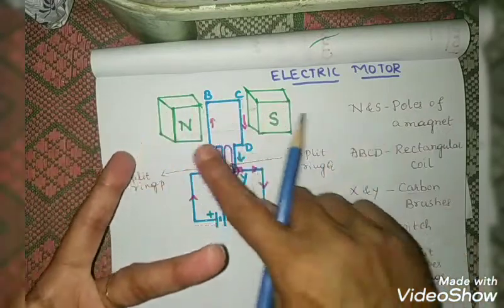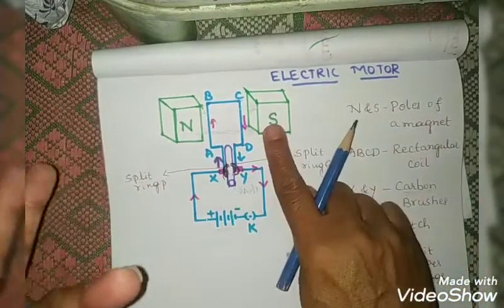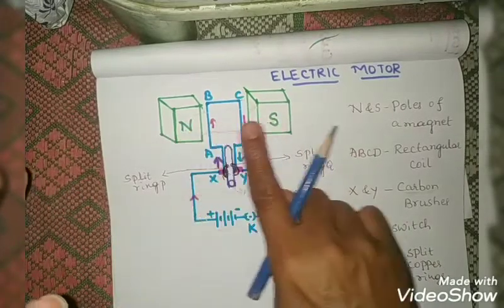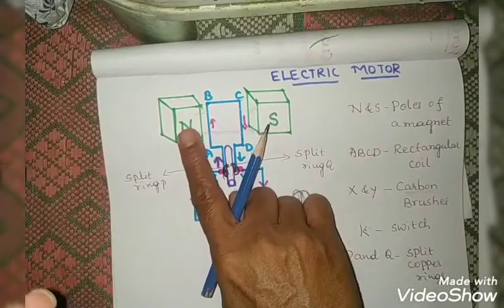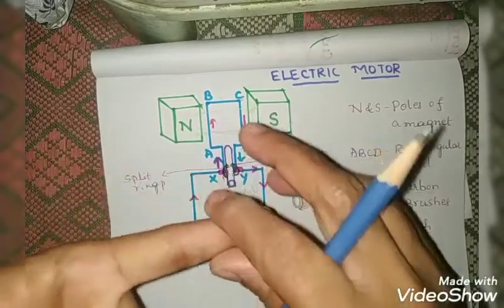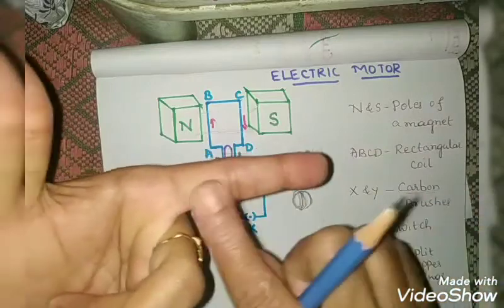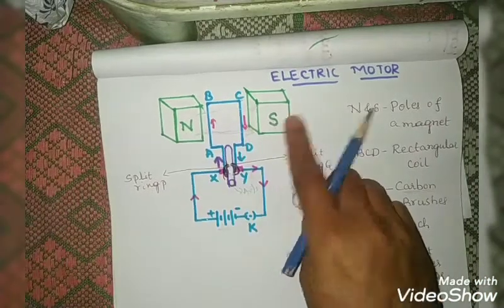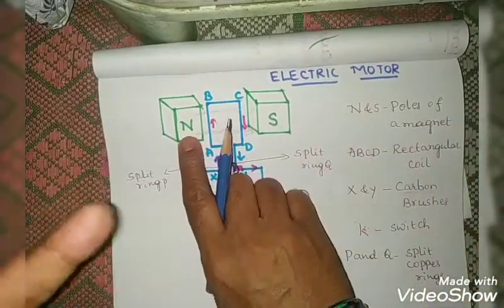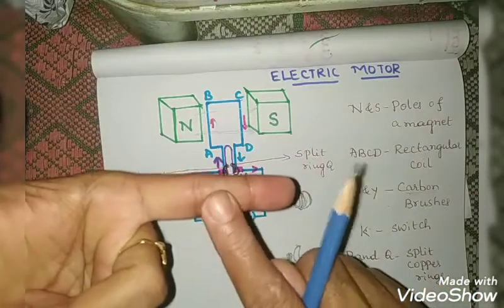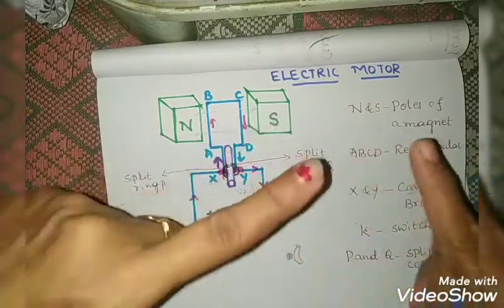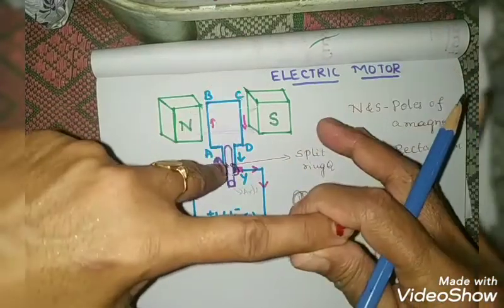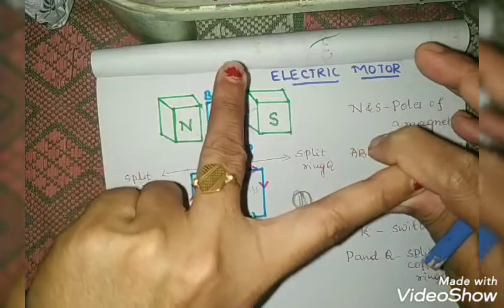Now, always we know that the magnetic field lines are aligned from North Pole to South Pole. They emerge from the North Pole and merge at the South Pole. So, I have to take the magnetic field in this direction only. I cannot take it like this. If it is north here, I can take this finger this way, or in this way also I can take. Anyway I can arrange, but they must be perpendicular to each other.